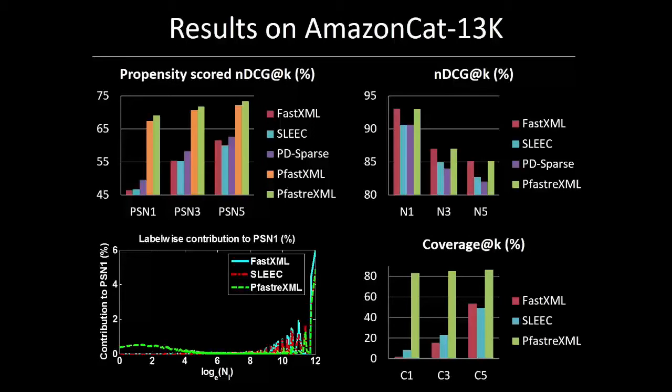So the results actually get interesting if you start looking at them in depth, right? So here's the Amazon Cat data set. And if you just look at vanilla nDCG, it will tell you that both FastXML and faster XML, there's nothing to choose between them. They give the same performance, exactly the same. Sleek and DisMec are slightly lower over here. But if you look at propensity scored nDCG, it appears that there's a 20% difference in performance between FastXML and faster XML. Faster XML is better by 20%.